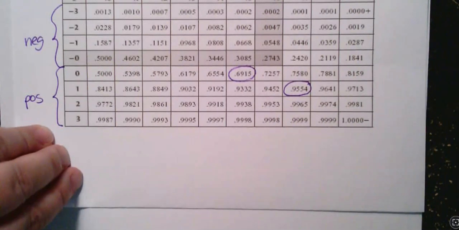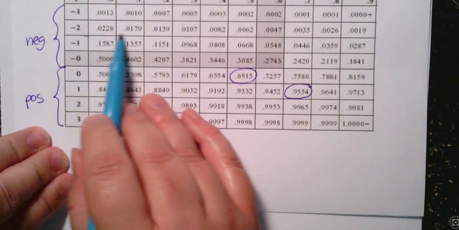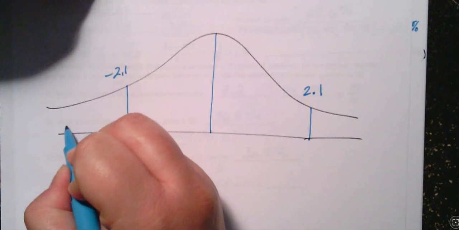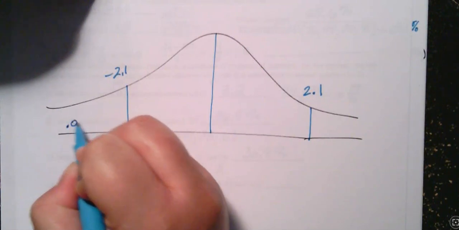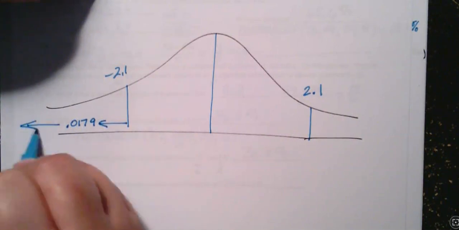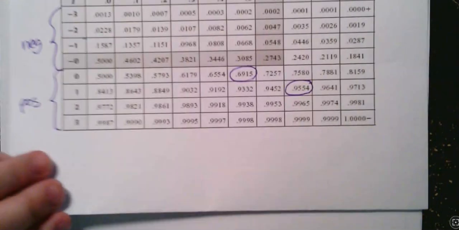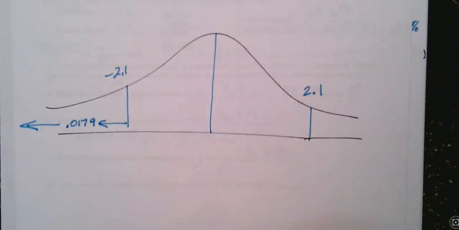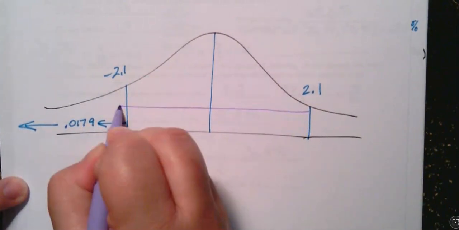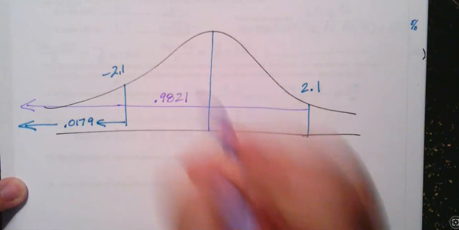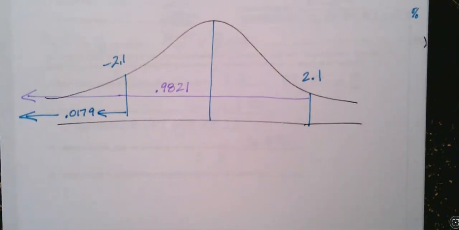All right, negative 2.1 is 0.0179. So 0.0179 of people scored from here to the left. Positive 2.1 is 0.9821, so from here to the left is 0.9821. So if I want to know between them,